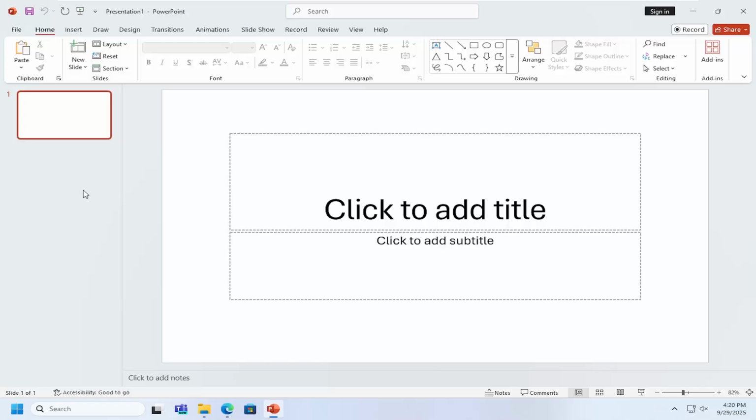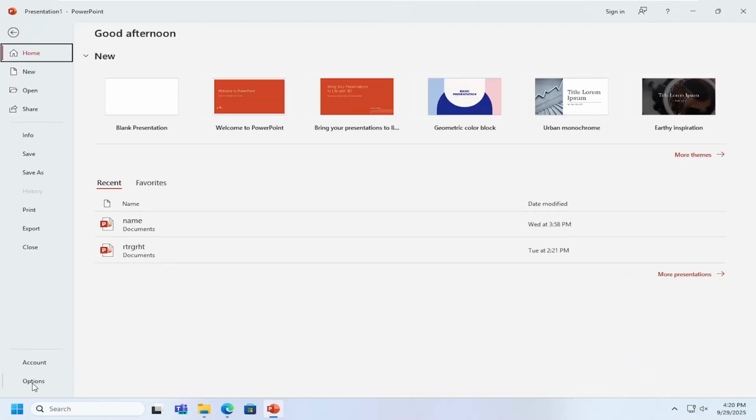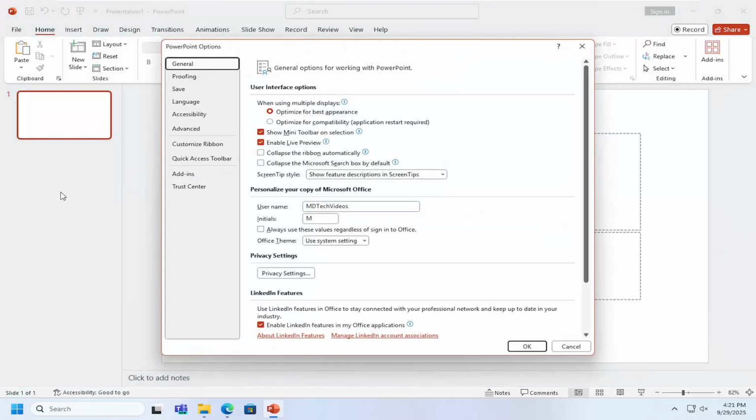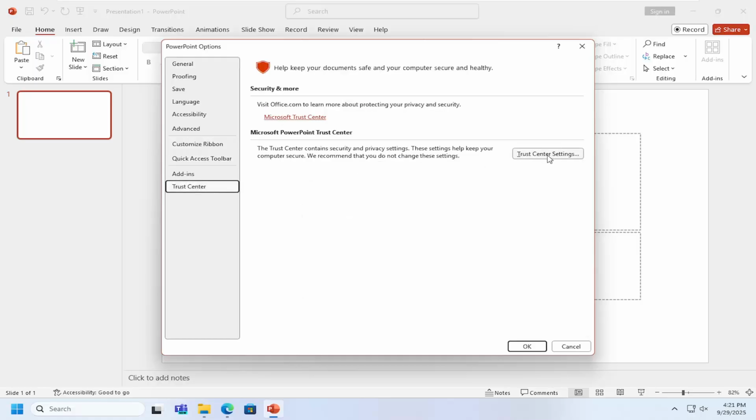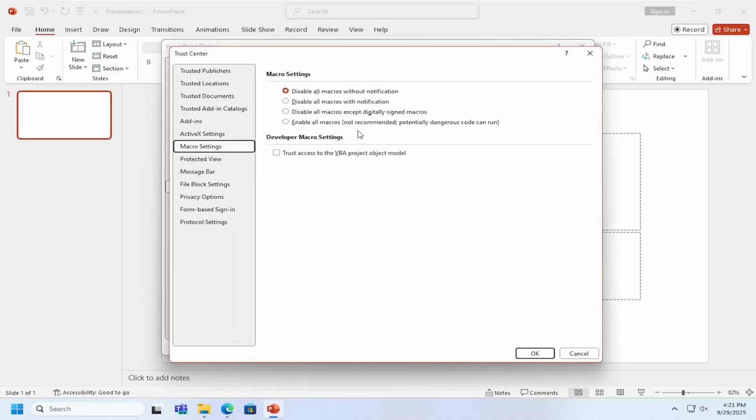So all I have to do is open up PowerPoint and select the File tab up in the top left. And then on the left panel, go down and select Options. And now select where it says Trust Center on the left panel, and then select the Trust Center Settings button right here. And underneath macro settings, you can enable all macros, or you can also select the disable all macros